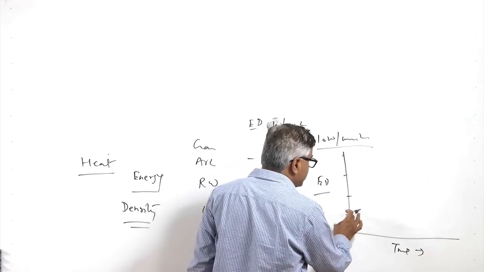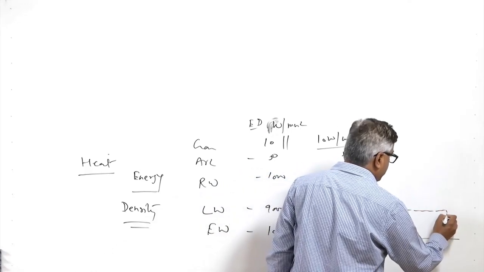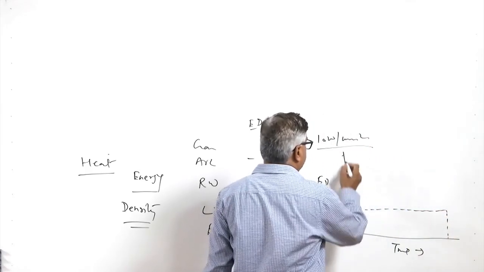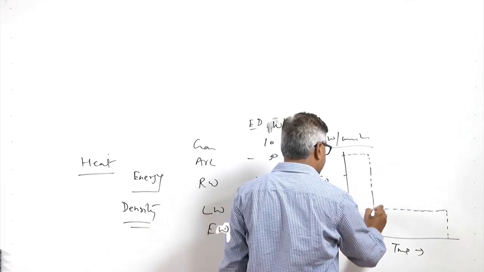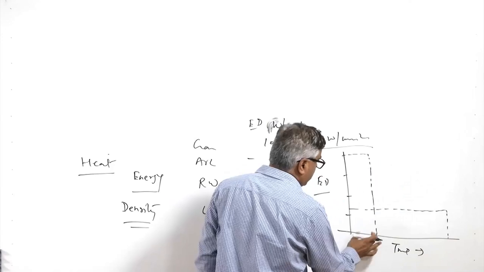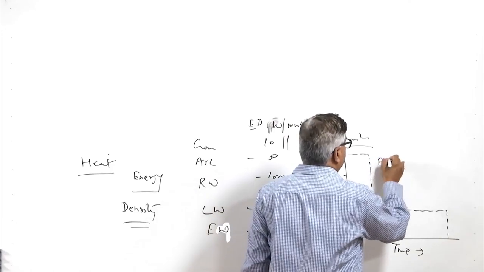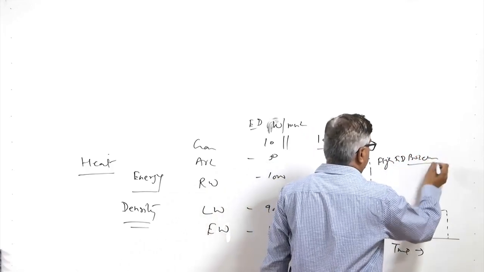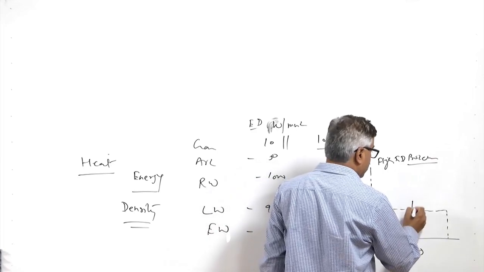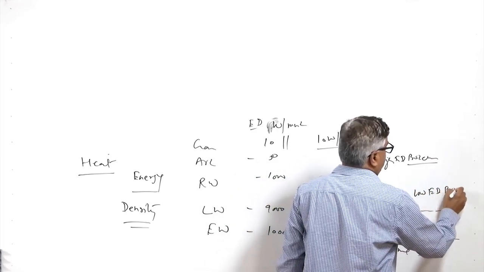When the energy density is low, it is required to supply the heat for a longer time as compared to when the energy density is high. So for a short time we need to supply the energy. This is the high energy density process, like laser beam or electron beam, and this is the low energy density process